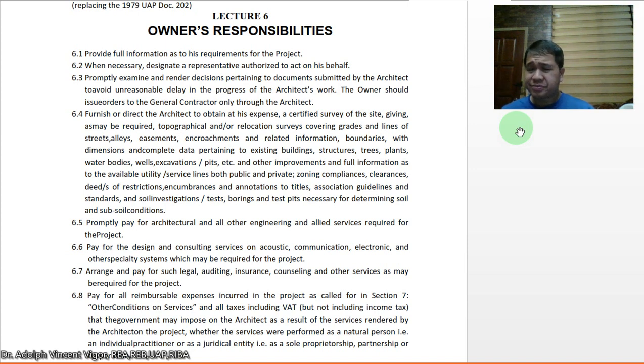These are preventive measures to avoid problems, because if you don't involve professionals in your project, then it may cause problems